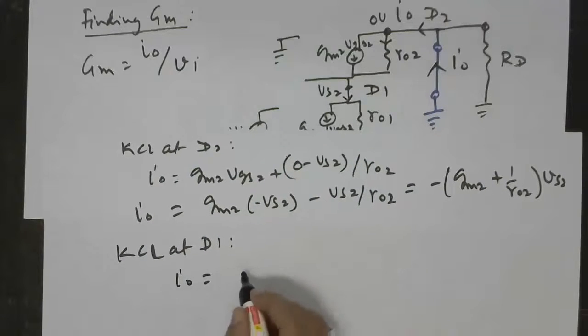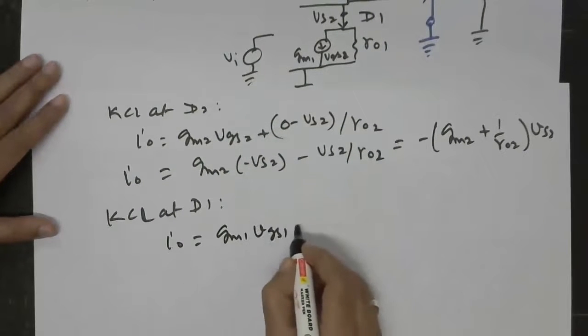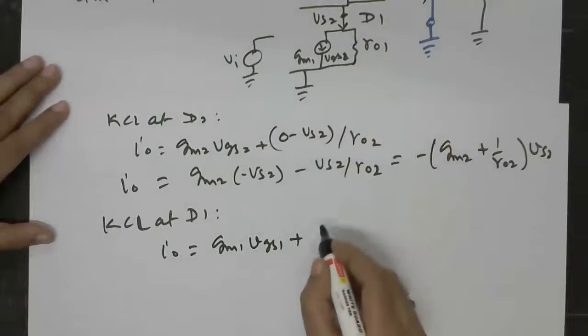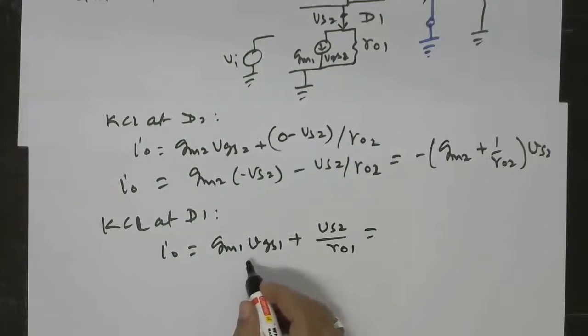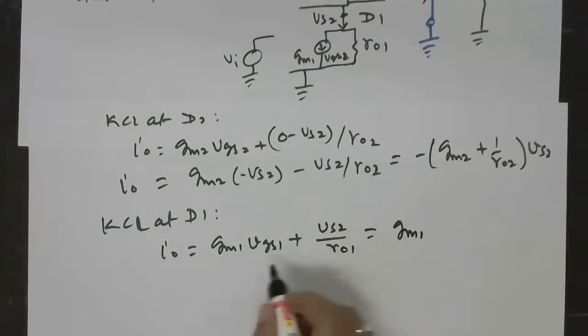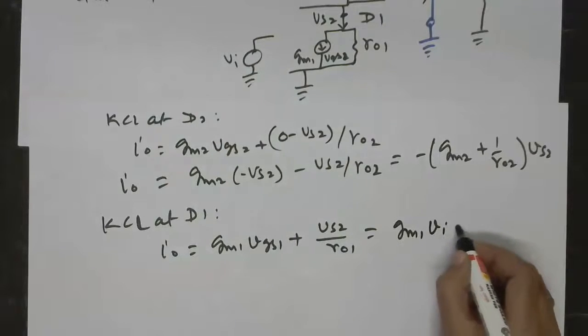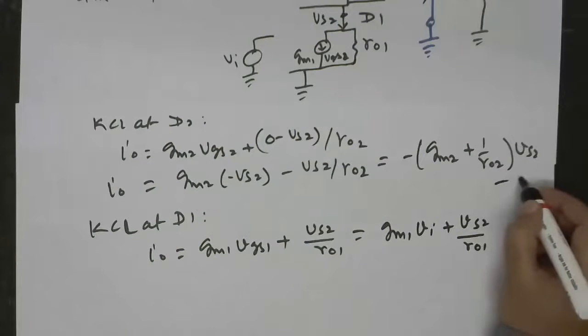So IO is now equal to GM1 VGS1 plus the current through R01, which will be VS2 divided by R01. And VGS1 is simply Vi. Source is grounded, gate is connected to input. So this is Vi plus VS2 divided by R01. We can say this is equation 4,